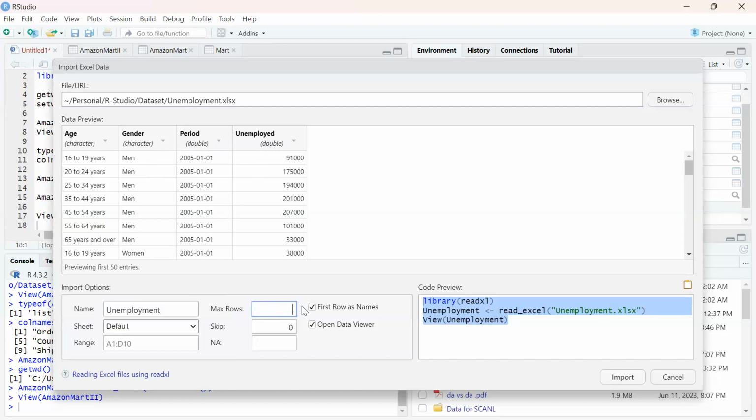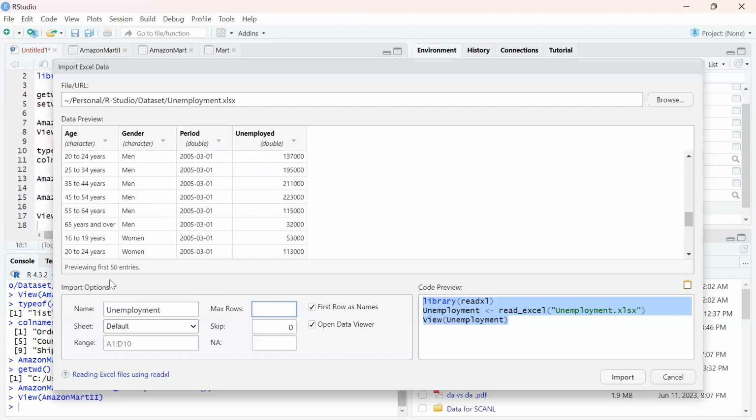No maximum row you needed. So if you check all this, it's telling you the first 50 entries. If you want to query it here so that you only need the first 20, you can put a maximum row of 20, and probably skip the first row, skip the second row, or something like that. And for non-applicable, if you have any non-applicable values here and you want to override something like that, you can put it here. So this is another way. And once I click